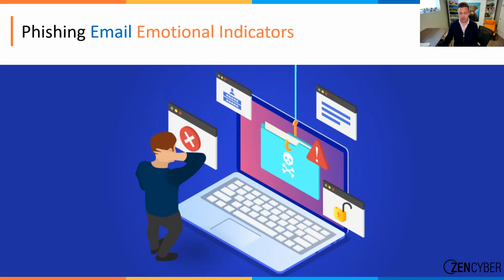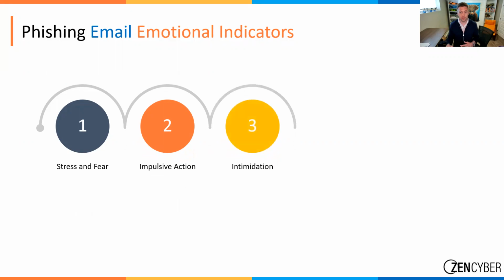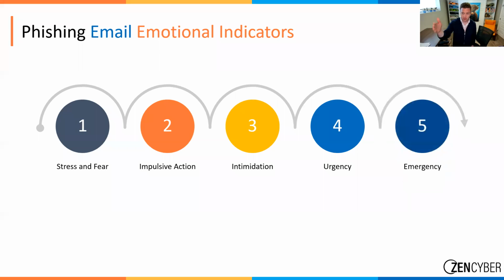So when we're thinking about the phishing emails, the attackers are designing these campaigns in a way to create that emotional response. So first, they're going to prey on stress and fear. They're going to pick that subject line. They're going to make it seem like there's something important that has happened. An account has been breached. They're going to encourage you to take an immediate action, right? Something along the lines of, well, don't wait, secure your account now. They might intimidate or try to scare you into these different things, all by forcing you to go through their